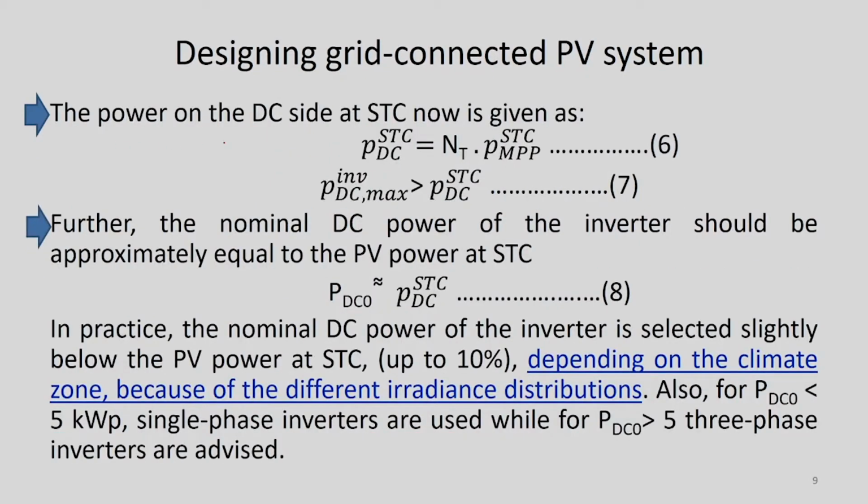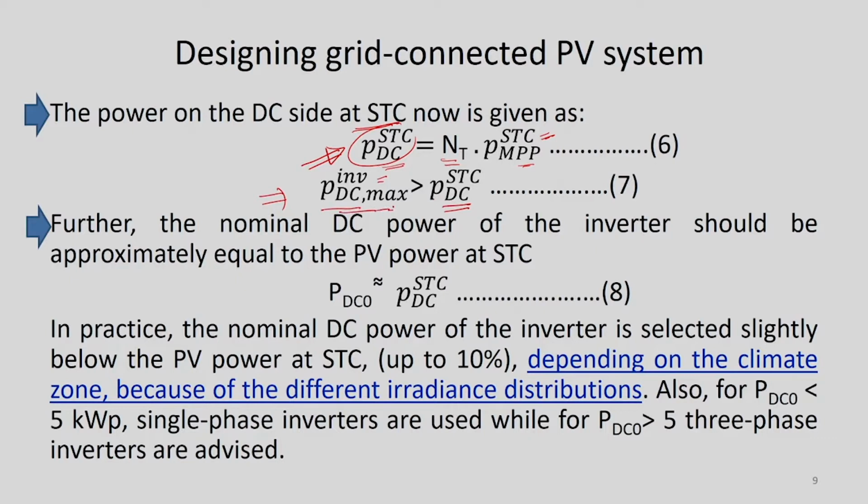So, the power on the DC side at standard test condition is given by something like this. Under test condition it will be equal to NT into P MPP, maximum power point in STC. So, what is the condition? PDC maximum of the inverter has to be greater than PDC at STC. Once we know this value, it has to be less than this P inverter